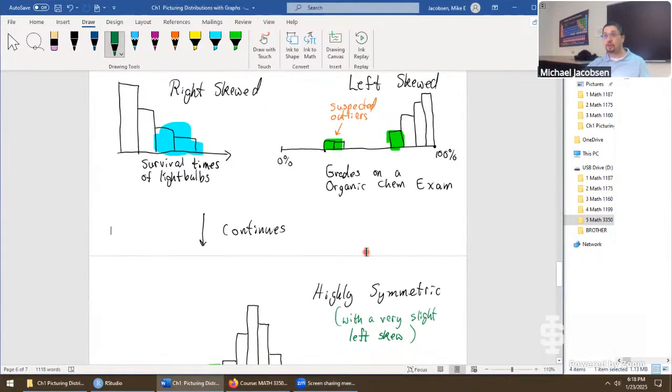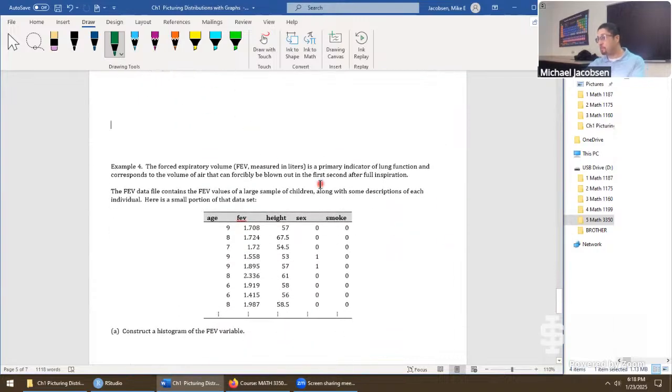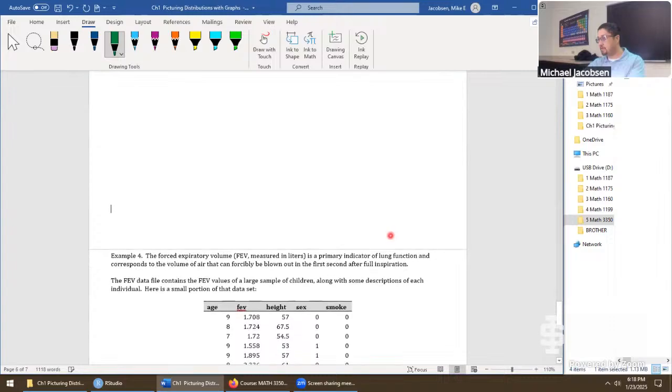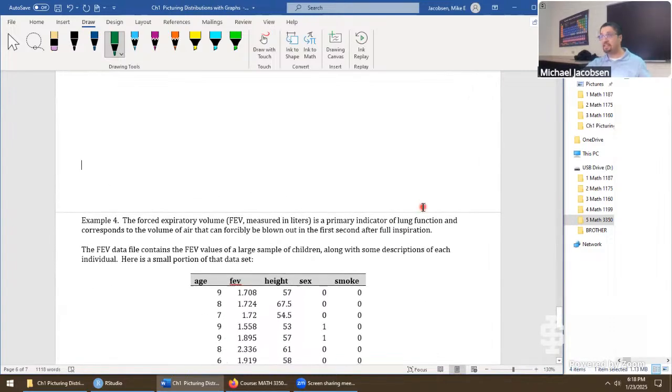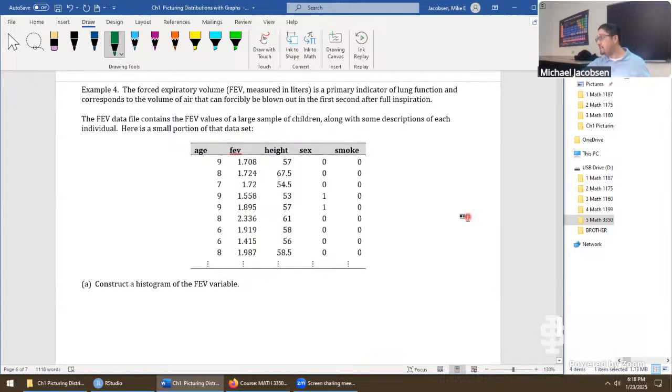But continuing on, we should produce our own histogram. We're nearly done with this chapter where our main goal is just to look at data types and produce graphics. And so here's our final problem of the set. We looked at this problem before on the first parts of the class, but now our goal is to take a look at this closer by handling the FEV variable. But note, that's just one variable in this data set. This has a lot of relationships amongst the various variables. So to really give a better graphical analysis of this, we need some of the techniques we'll see in chapter 2. So we'll come back to this problem right here to see what's going on further.